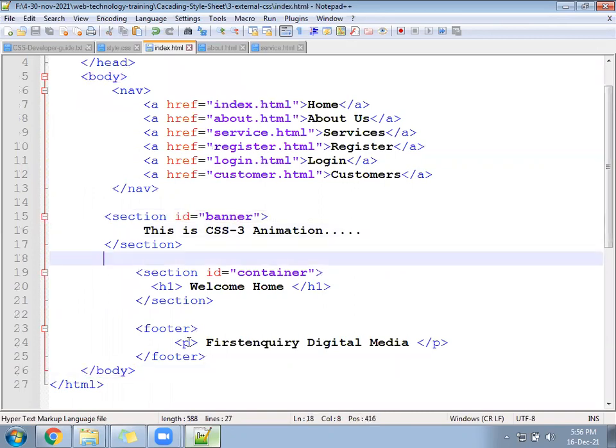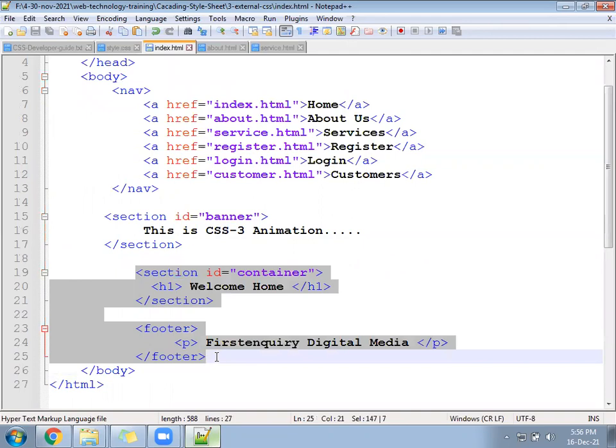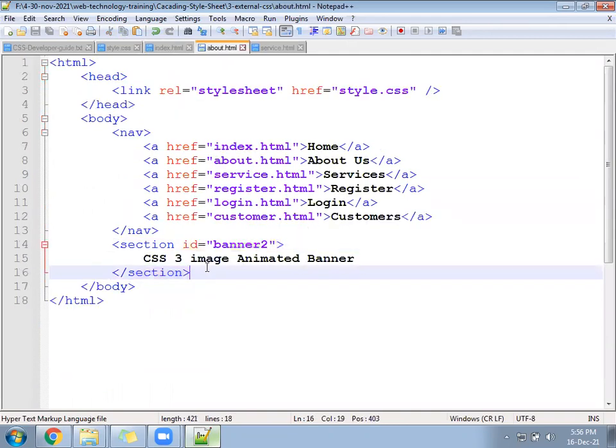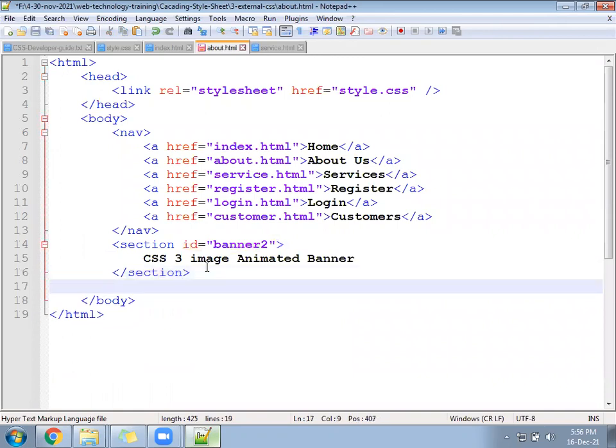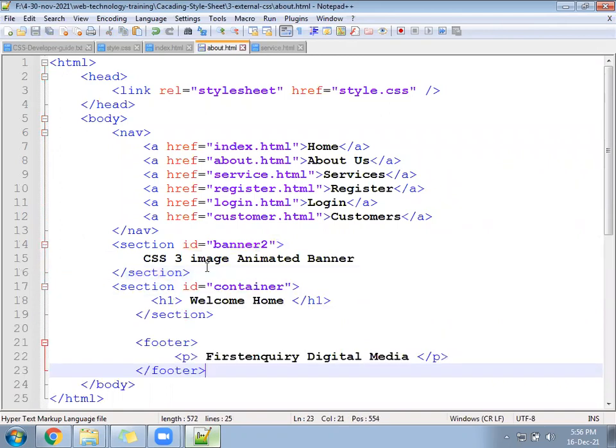Now copy this section and footer from here and go to the about file. Paste after the banner. Both places footer will be present. In the about file also we can put the container plus section at the last.